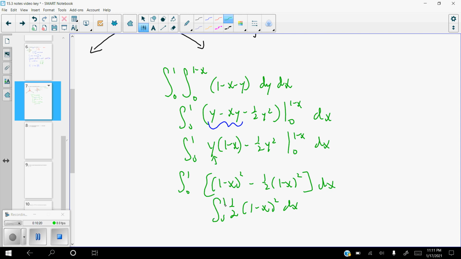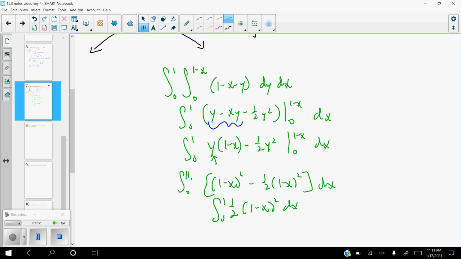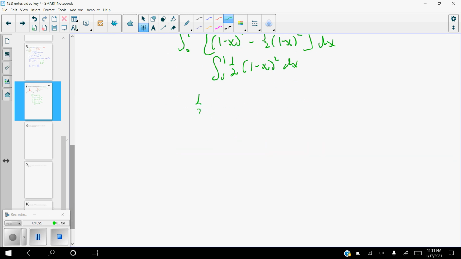This is actually going to be a much easier antiderivative to take. Pull the 1/2 out to the front. When I take the antiderivative of 1 minus x squared,